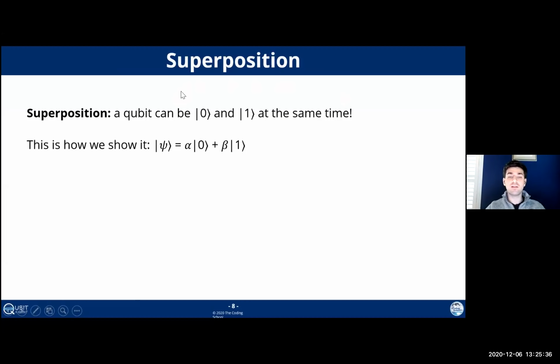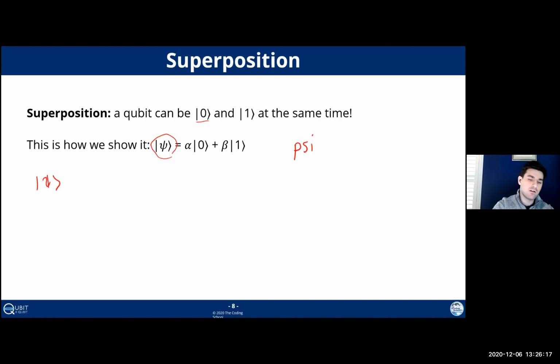And a qubit, a quantum bit, is a quantum object, so it can be in a superposition of state zero, or ket zero, and state one at the same time. This is how we show it, a recap from the second lecture. Here our quantum state is psi, and it can be in a superposition of ket 0 with a coefficient alpha in front, and ket 1 with a coefficient beta in front. We'll go back to what alpha and beta mean, but just so that we can represent it, how would I write psi as a